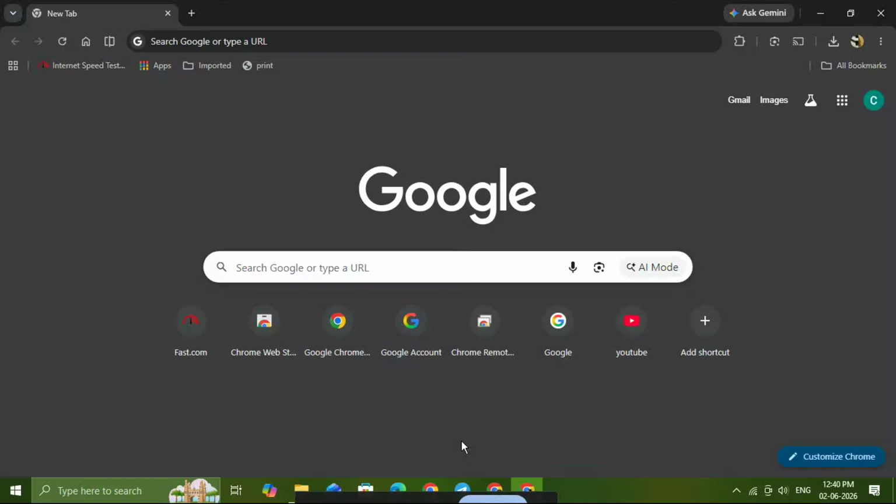If you want Chrome to show the most visited sites shortcut on your new tab page, this quick guide will walk you through the exact steps. It's a simple setting, but it can make your browser much faster to use because your favorite websites are always